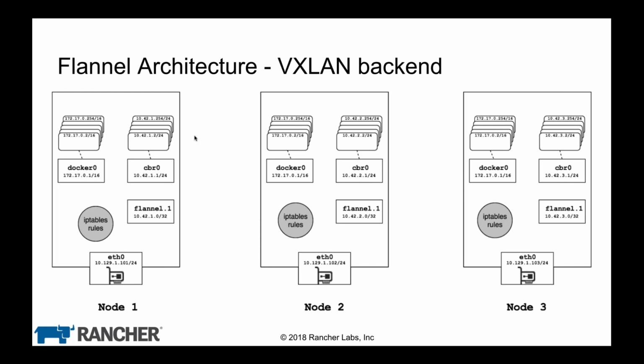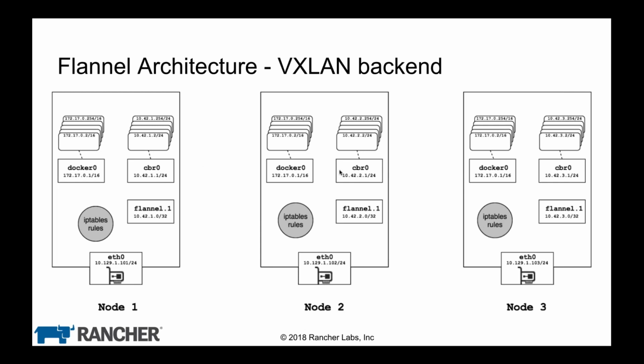Here is an overview of how the VXLAN backend of Flannel works. Let me go over this picture slowly. I have three different nodes: node 1, node 2, and node 3. On node 1, you can see the IP address of the node configured at the bottom, as eth0. Similarly for node 2, and similarly for node 3. And on node 1, we have this CBR0 bridge. You can see this box, and it has its own subnet